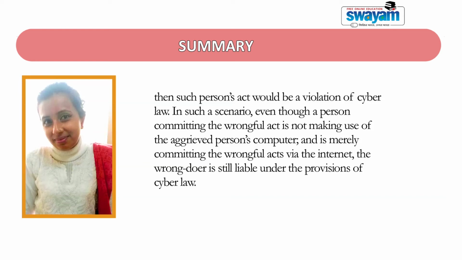Against this, we have understood what is the jurisprudence and scope of cyber laws. We saw that cyber laws consist of mainly 5 generations of computers. So, the first generation began with the use of vacuum tubes. The second generation replaced vacuum tubes with transistors. The third generation replaced transistors with semiconductor chips. The fourth generation mainly used integrators, which were either large scale, ultra large scale, or very large scale integrators.